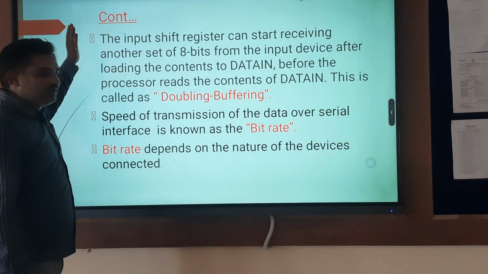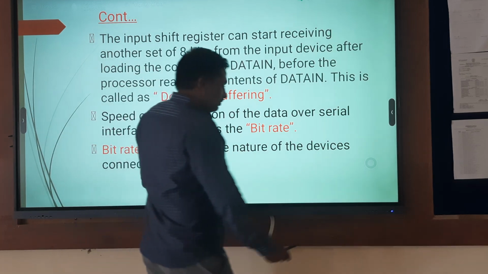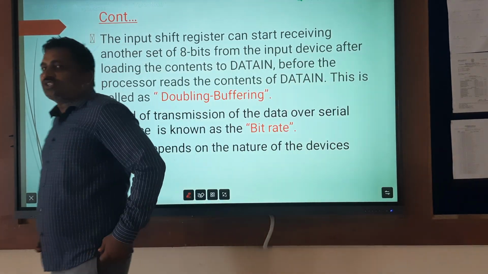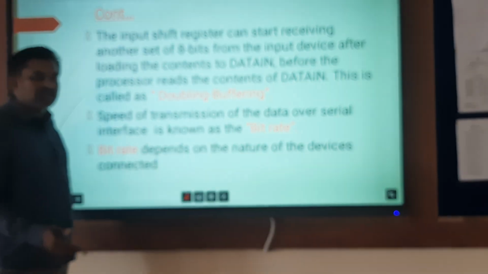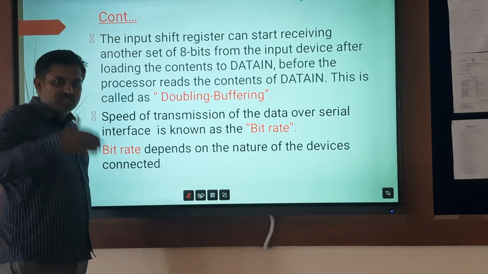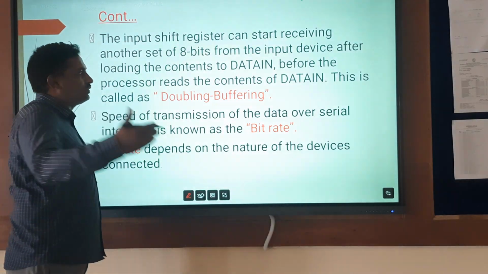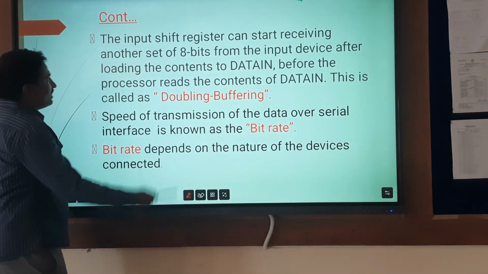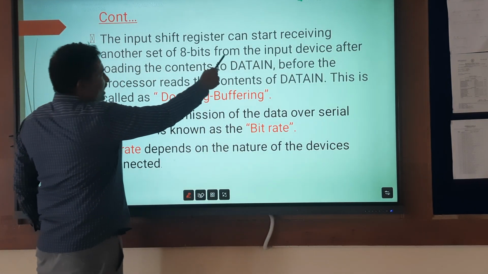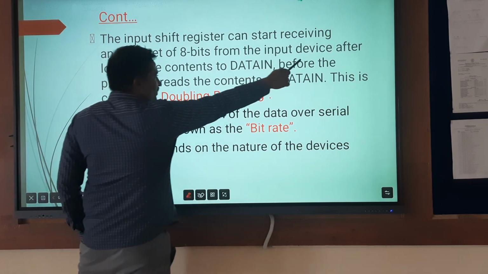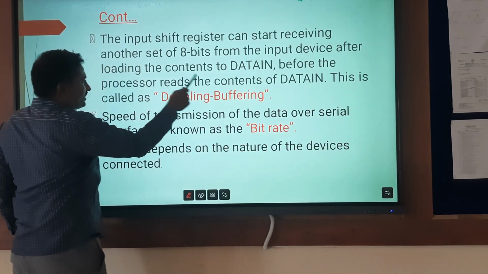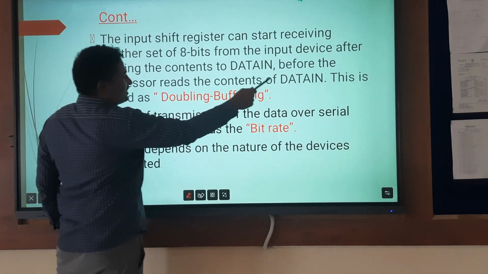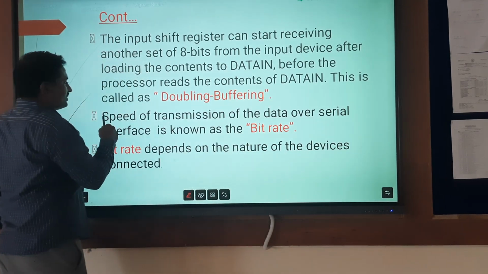Already I told you that shift registers are used. Why are we using the shift register? In this case, the shift registers are used to convert the data from parallel to serial as well as serial to parallel. The input shift register can start receiving a set of 8 bits from the input device after loading the contents to the data in, before the processor reads the content of data in. This is called